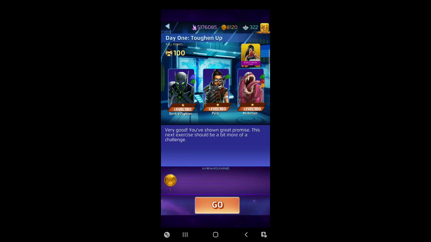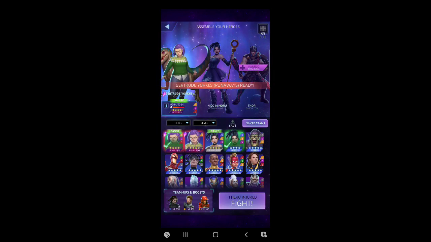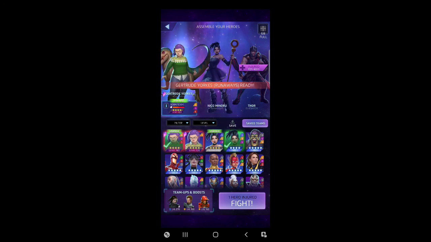Level 180 guys, they're all goons, isn't much of a problem, but we have to use Gertrude, we have to use Nico. Thankfully our Nico is champed. We could use the loner, but let's just use the one we have. Nico's been out for long enough, you probably have a good few covers in her. And Gertrude, they're giving us a nice...